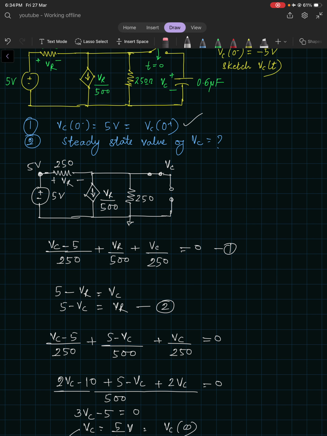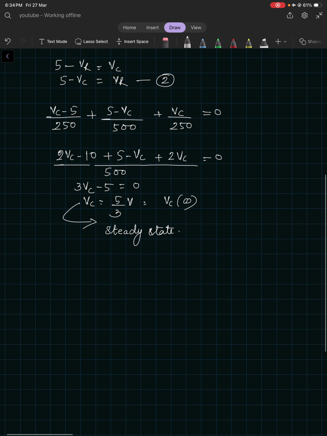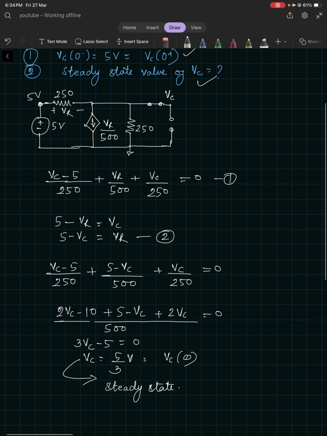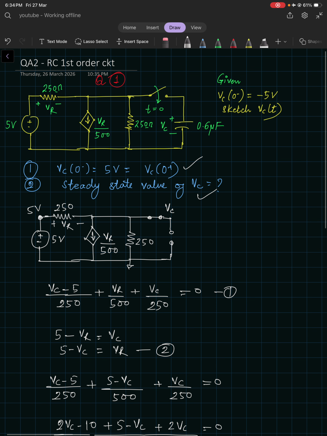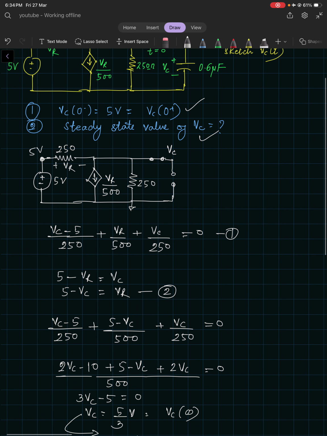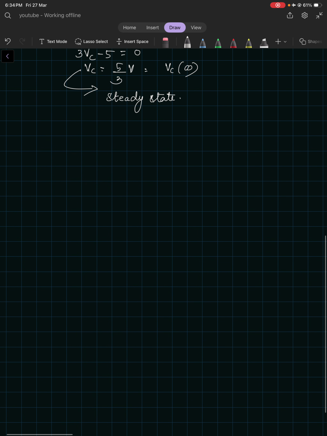We have got VC 0 minus is equal to 5 volts. Initial condition VC 0 minus is equal to VC 0 plus. This one is okay. VC infinity is equal to 5 by 3 volts, and the time constant. So how to calculate the time constant? Fine. So in time constant, what we need to do is